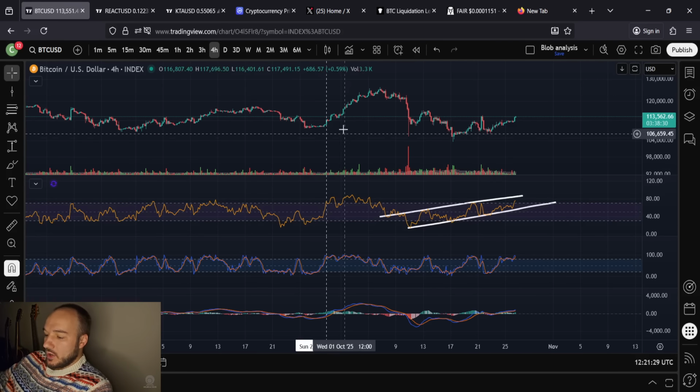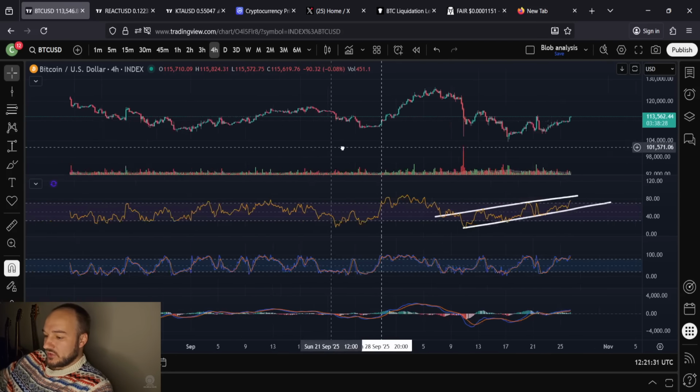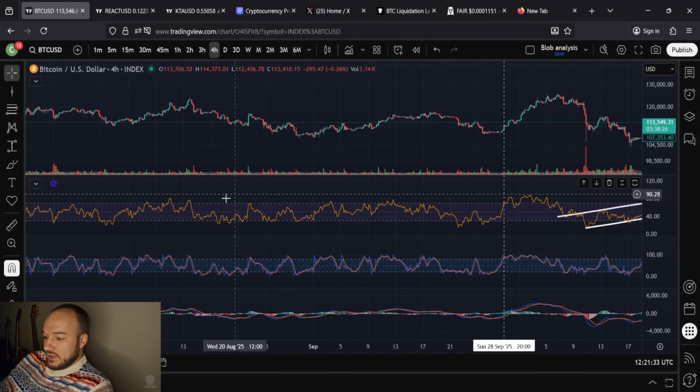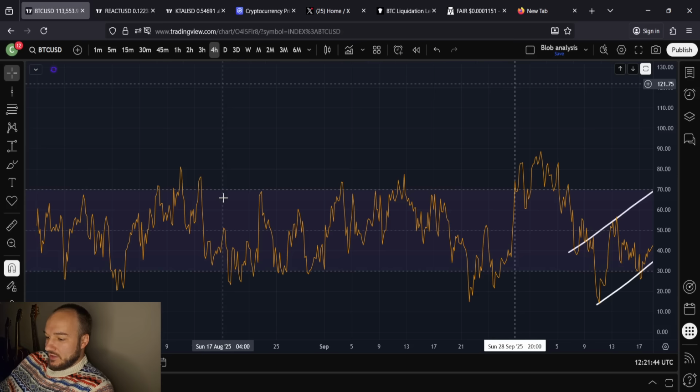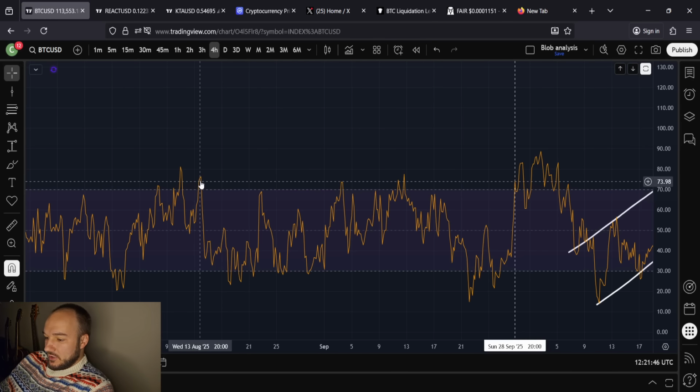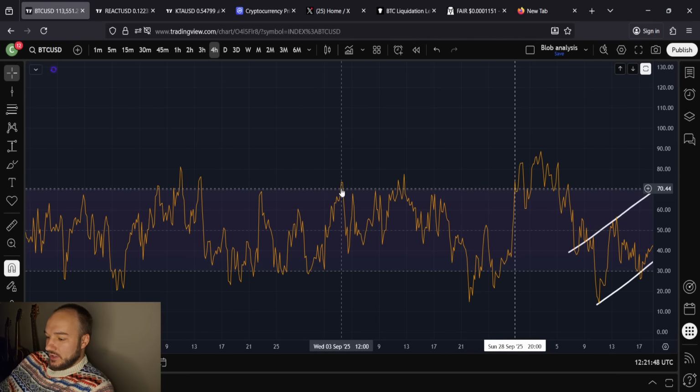And it's not just this one instance. I don't want to keep using this one instance. Let's go back in time. It had been some time here. You were overbought here. It had been some time before you got overbought again. And here you weren't even getting nearly as deep of readings as you got back here. But it had been some time. I think we can notably see here you were overbought. It had been some time since you were in the overbought zone. So here, you got overbought.